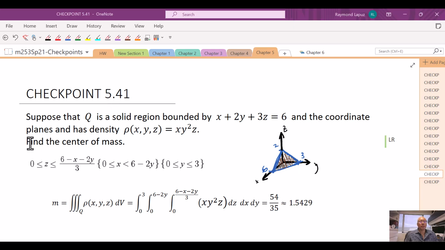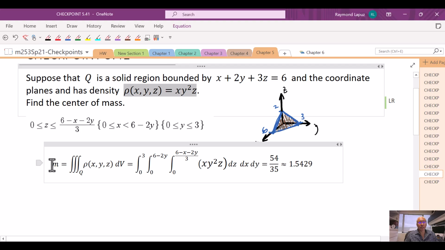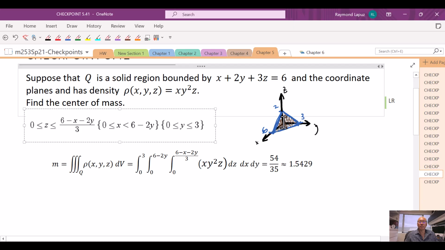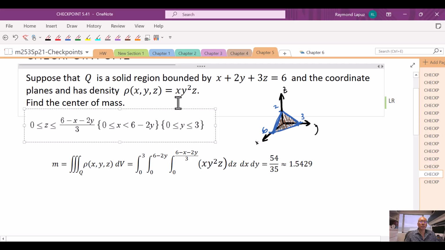We are looking at this checkpoint 5.41, where we have a region Q bounded by this plane and the coordinate planes, and we're looking at a density function, and they want us to find a center of mass. In the previous checkpoint, we found the mass itself. We found the boundaries that would make up the solid Q, and we used those boundaries to be our limits of integration for our triple integral, where we put in the